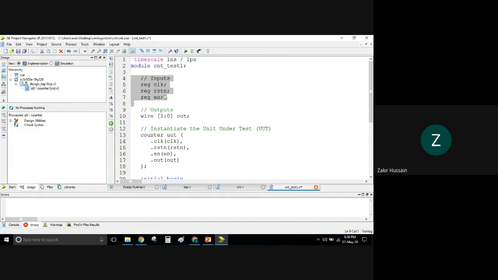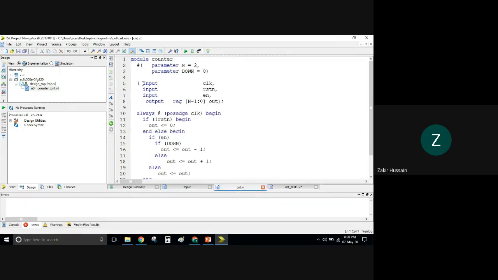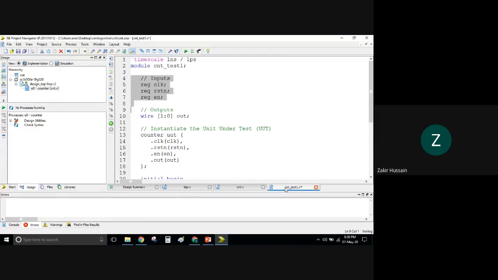These inputs CLK, RST, and enable you see in the counter design file, your input, your reset, and enable. All these inputs are declared here, but with the keyword reg. You see the reg here. So why is this reg required? That we have already discussed. Those who are not familiar, kindly refer to that already pre-recorded video.